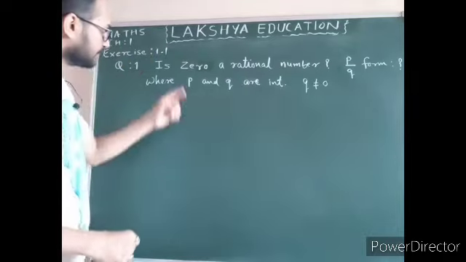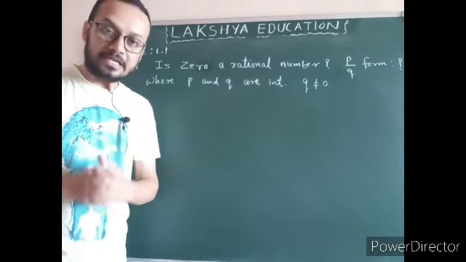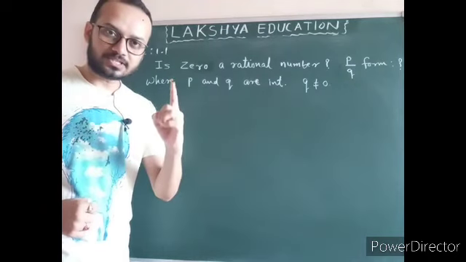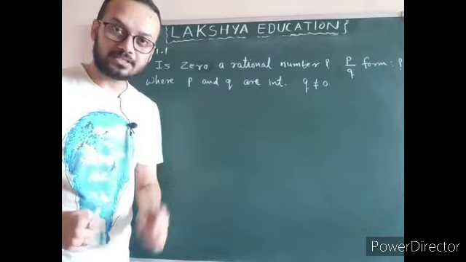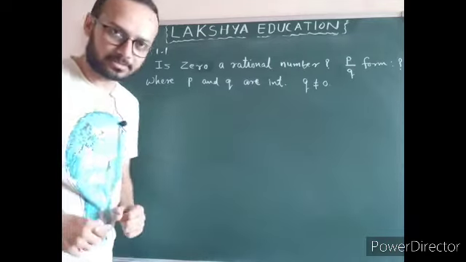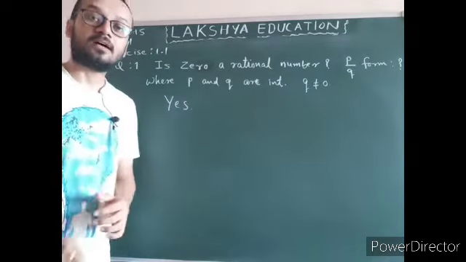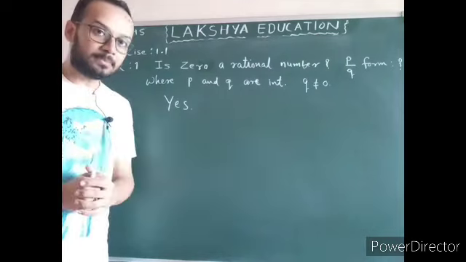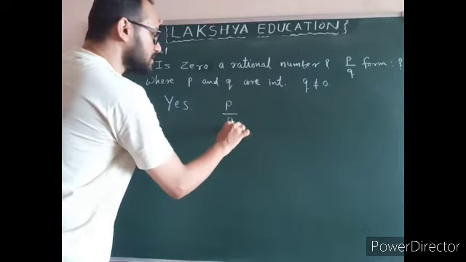Now the question is, is 0 a rational number? We know that rational numbers include positive integers, negative integers, positive non-integers, negative non-integers and 0. It means 0 is included in rational numbers. So yes, the answer is 0 is a rational number. Now what will be the p by q form of 0? The p by q form of 0 is,